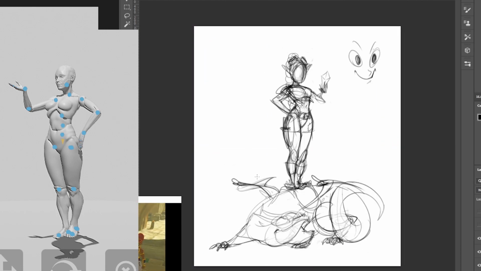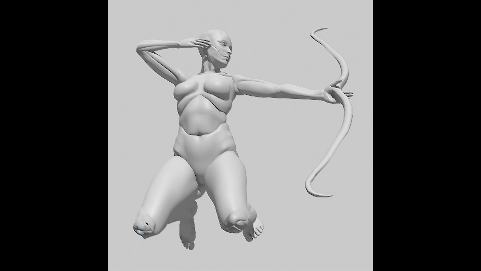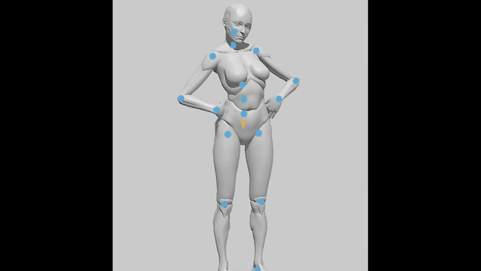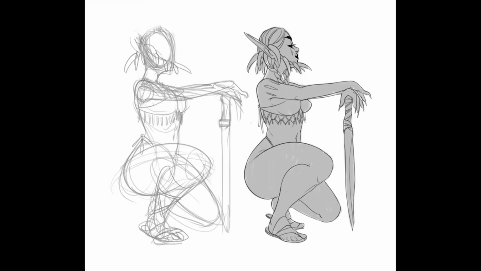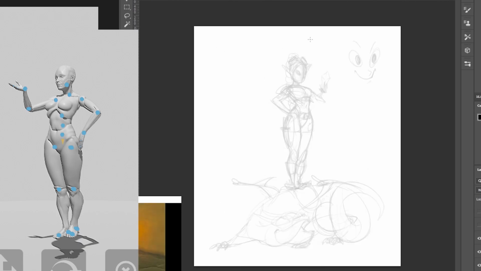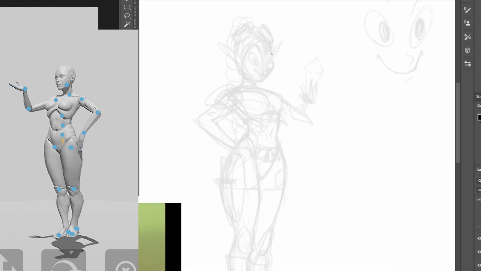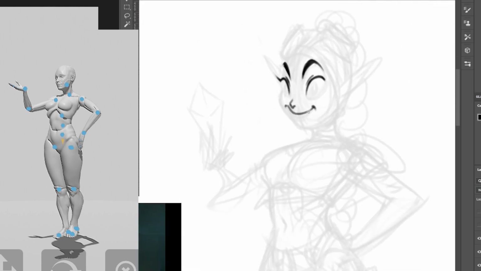So Portrait Studio is a reference development software. You can build any reference you want with it. And the most important thing is to go in knowing what it is that you want. And using the mannequin really helps me understand what I'm about to draw. Most of the time I'm stabbing in the dark with my sketches. I kind of just let it flow, but that freestyle flow state isn't always successful for me, which is why